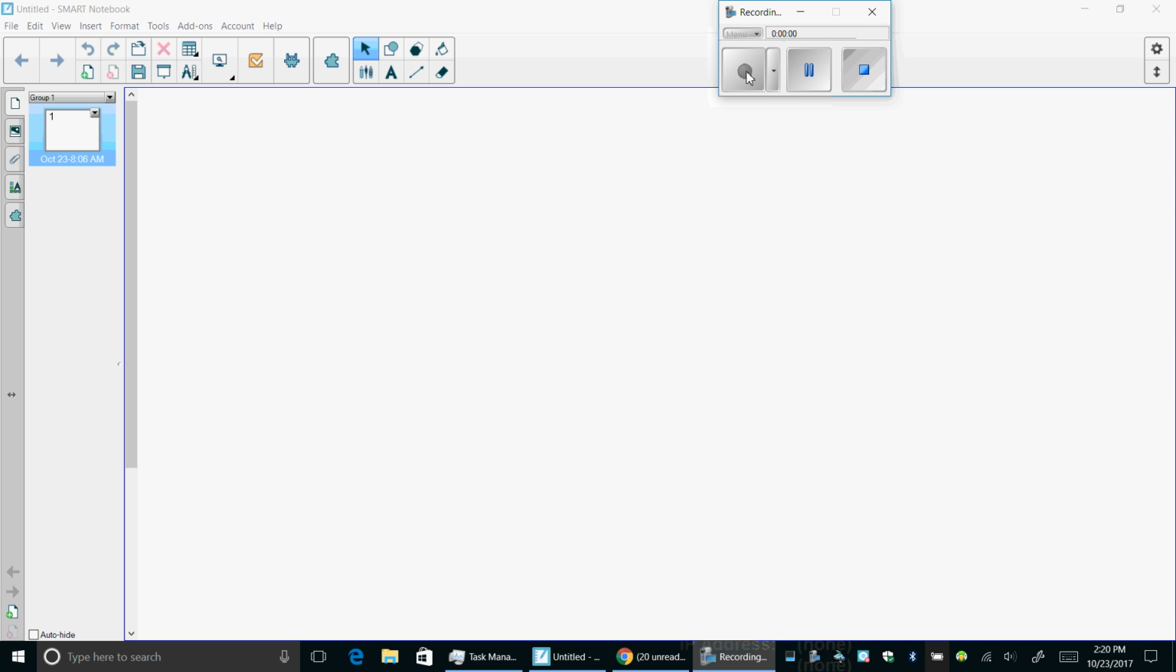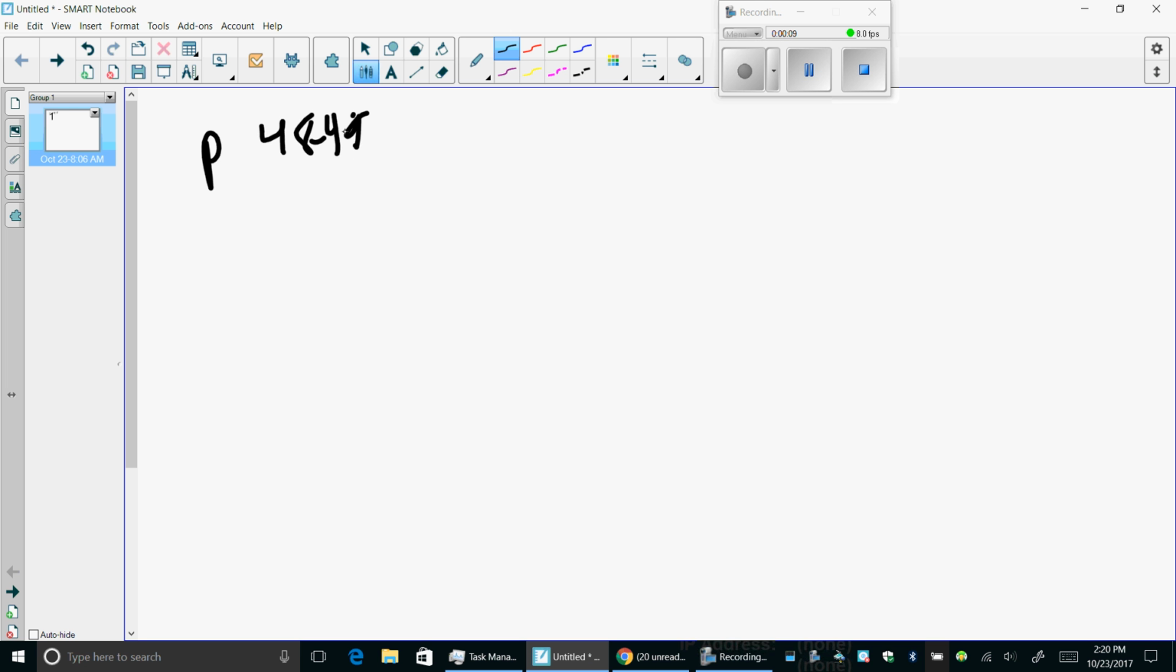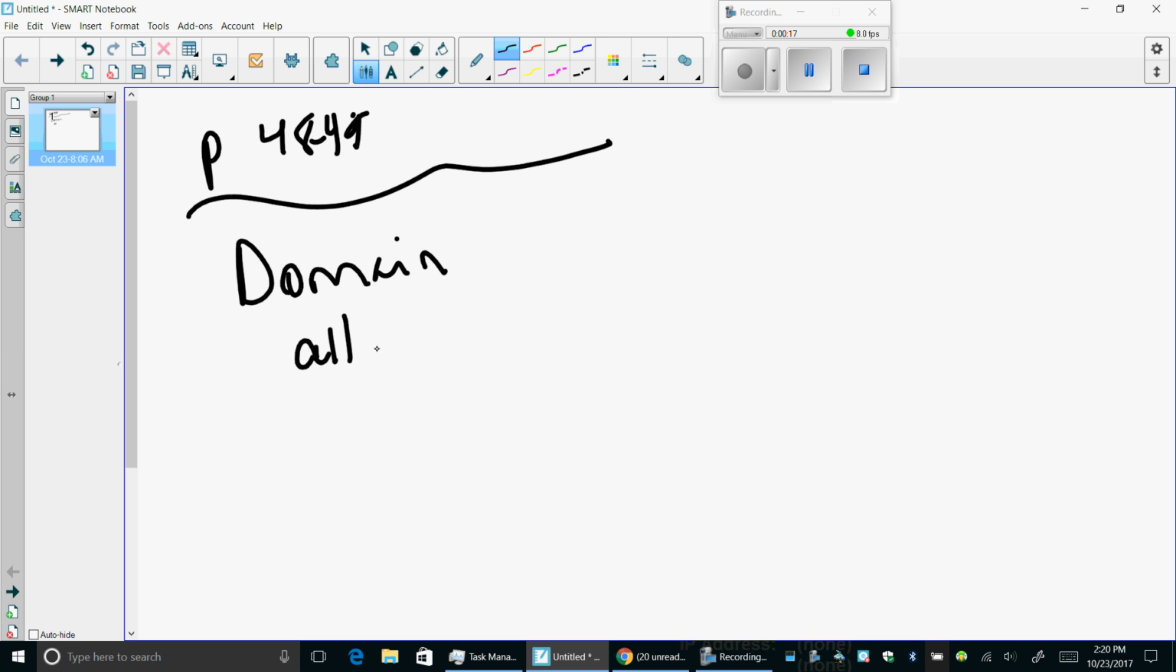Going to try to work on some homework problems from page 48 and 49. The first few problems you were asked to determine the domain. So if we talk about domain of an expression, the domain is going to be all real numbers, so that's from negative infinity to positive infinity, unless